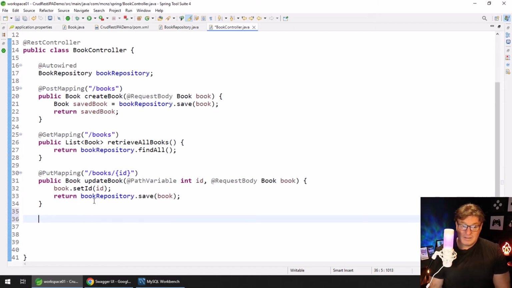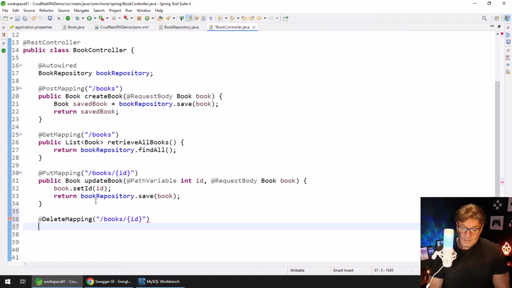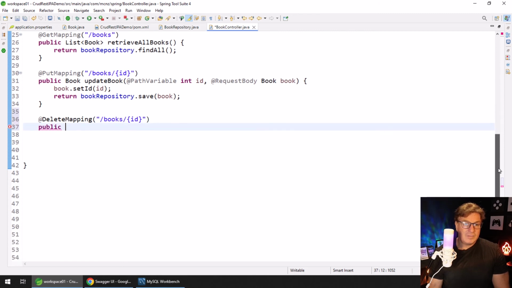And you know what? The delete operation isn't that much different. We do a delete mapping, and with a delete mapping, it'll go to /books/ID, right? Because they'll give us the ID of the record that they want to delete. In this case, we're actually going to return something a little different here. Let me move this up on the screen. We're actually going to return something called a response